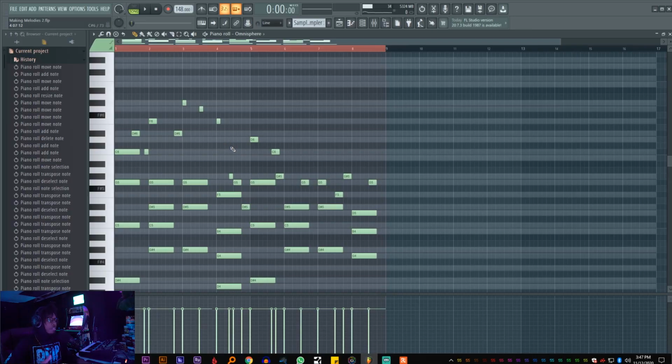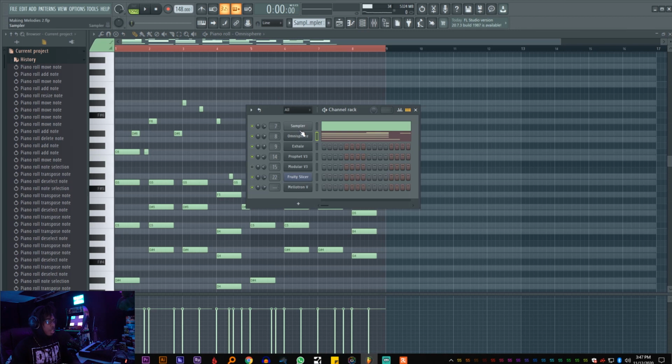So now that I have my fundamental melody, what I'm going to do is hit Control S because you need to save. And then I'm going to copy this. Now we're going to do this thing called layering. So layering is important because